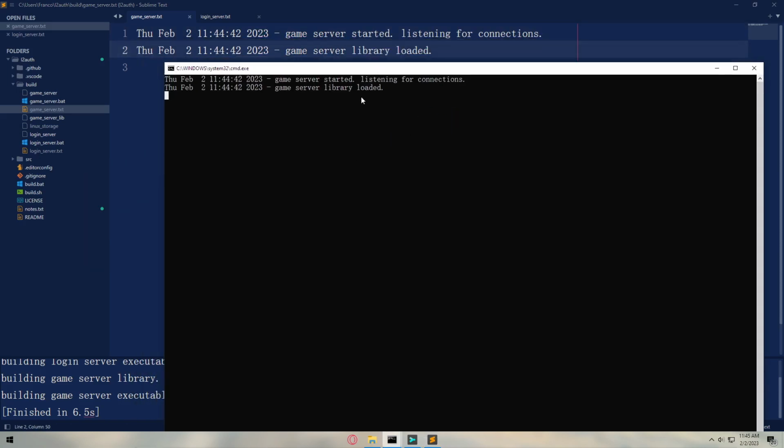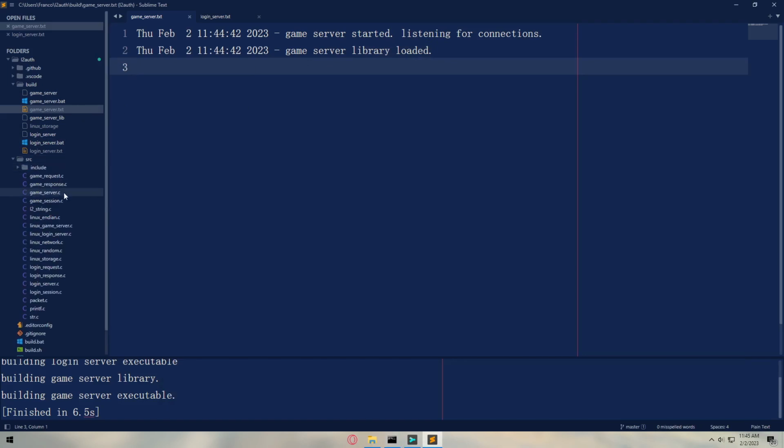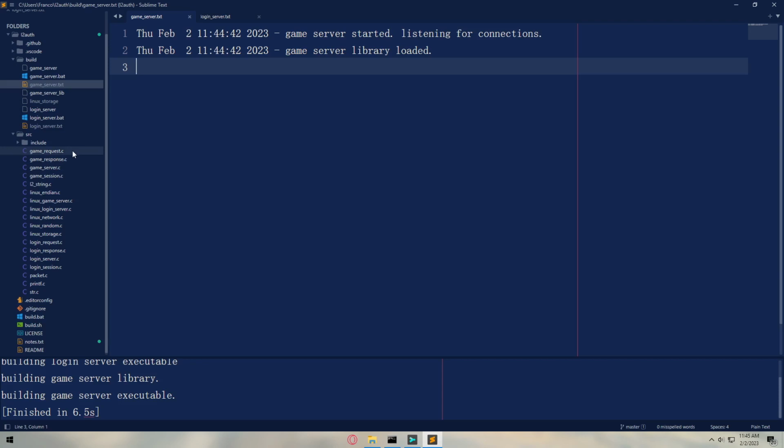So now there's no way to lose the logs. Also, one very important thing is that the logs will print even if the server crashes for some reason. And one of those reasons is